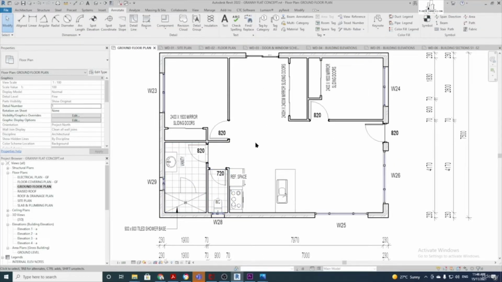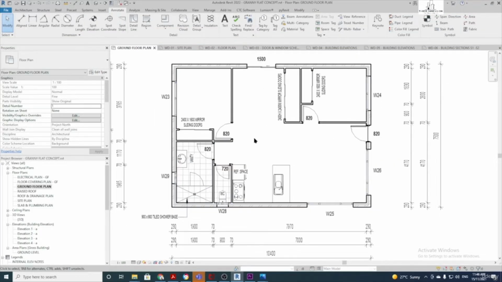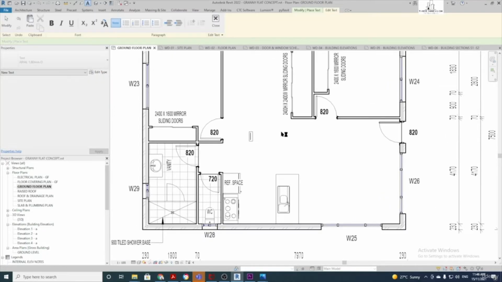The advantage of using these multi-category tags is, when you have the same family on all different pages, when you tag something, you can change the label of it on one page and it'll update on the other pages. So it's a good way to do it. Some people just use text for everything, that's kind of more of the basic way of doing it. People that are used to using AutoCAD, etc. probably like that. So at the top here where it says annotate, you can use text, and you can actually just write text on stuff, like if you want to call the room name, etc. So bedroom